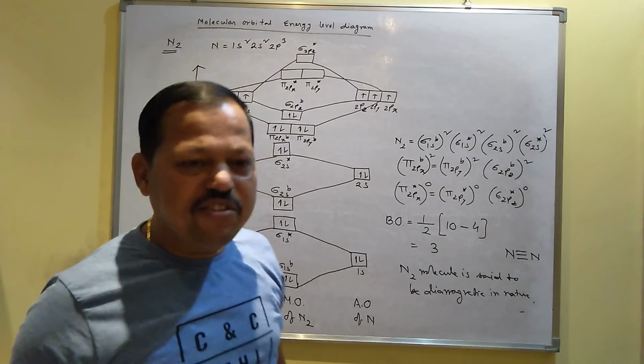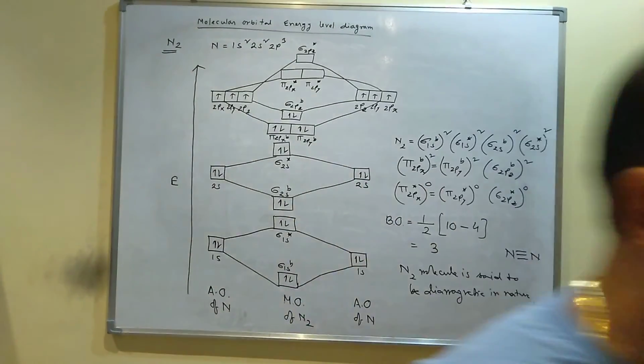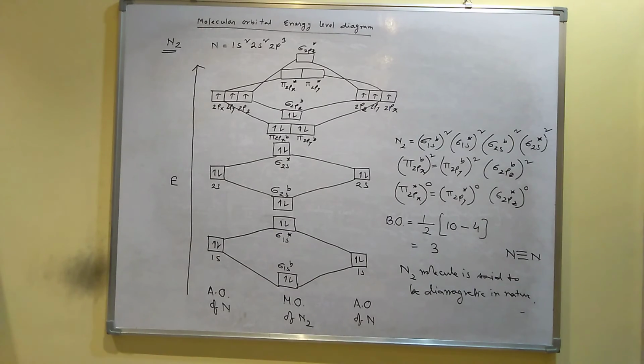So these are very, very important for the exam. One diagram will be asked in your exam, maybe the nitrogen molecule, maybe the oxygen molecule. So up to the fluorine molecule you try to draw it. After fluorine no need to draw. So you try to draw from the hydrogen molecule to the fluorine molecule, I mean up to atomic number 9. And you draw the diagram, write the electronic configuration. After that you find the bond order and find the magnetic property, whether it is diamagnetic or paramagnetic. So this is about the molecular orbital theory. Thank you.